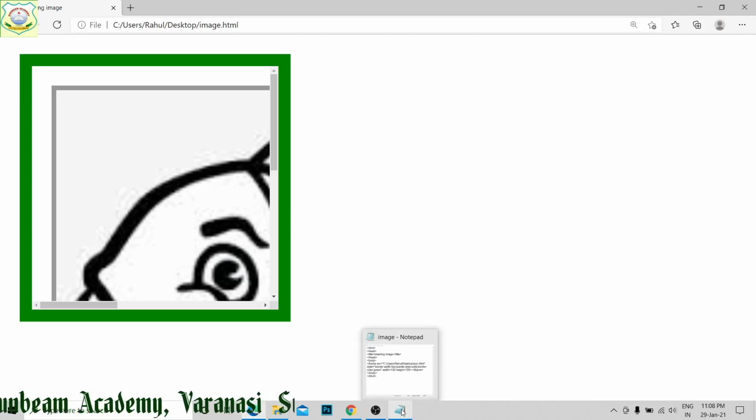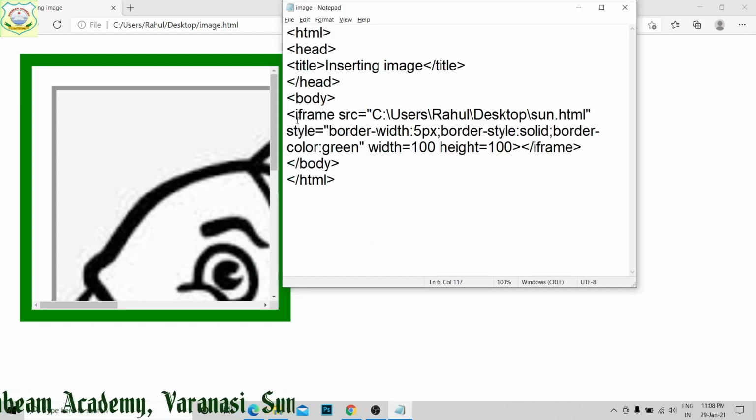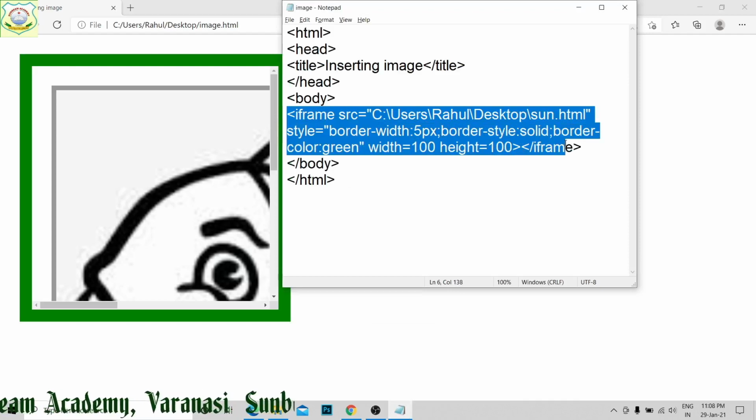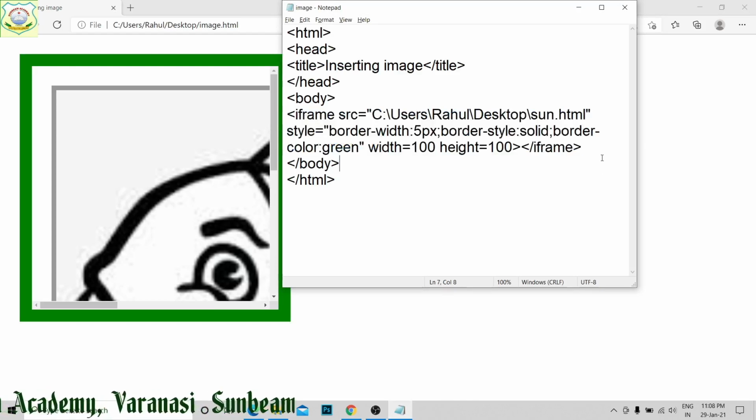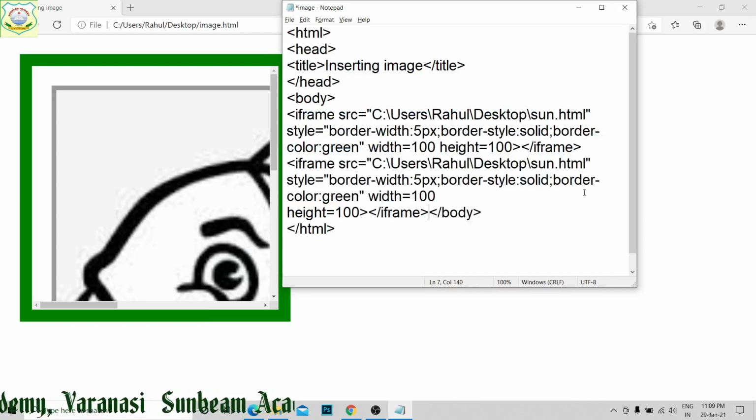So into this I am going to add another file. This I have given, right? Here iframe src equal to sun1, so I am going to write sun1, right?